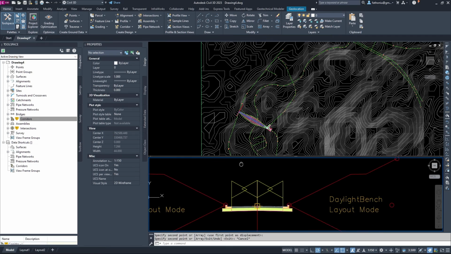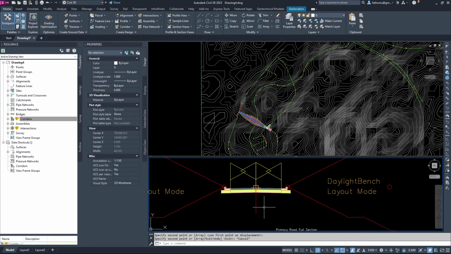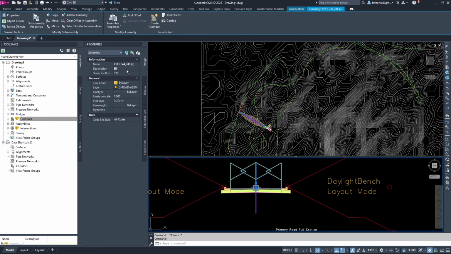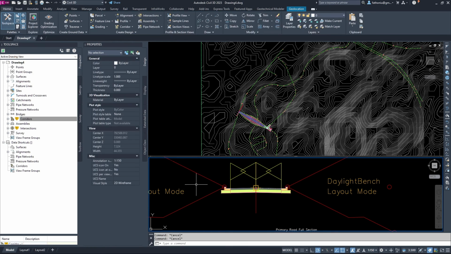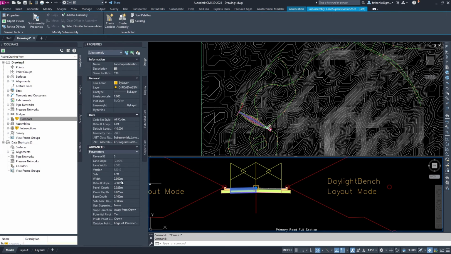And then let me rename this one. It has super elevation. Enter. Okay. Then we click the sub-assembly properties, use super elevation.